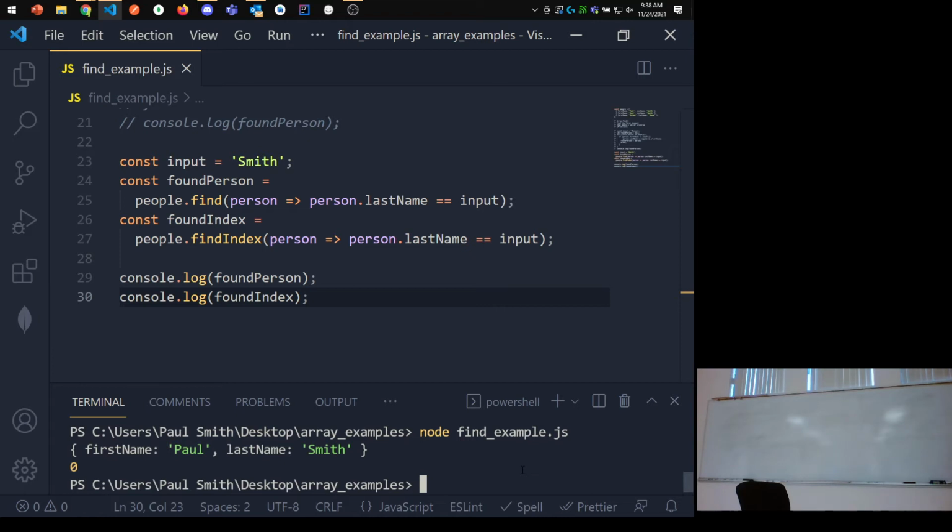Everybody good with that? Cool. Depending on what you need, right? Do you need the index? Do you need